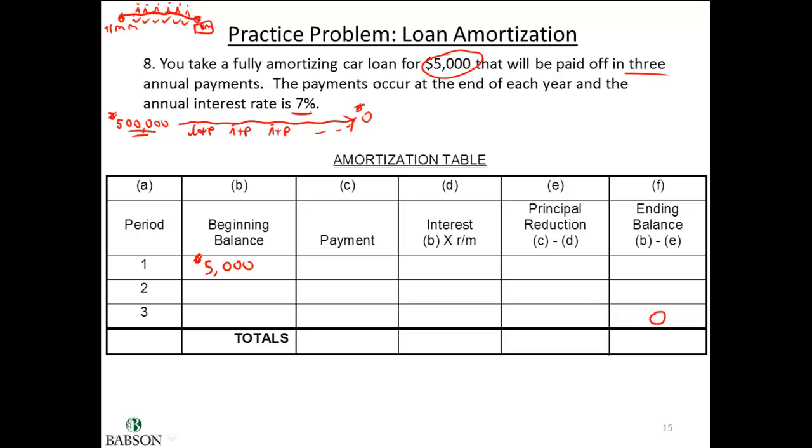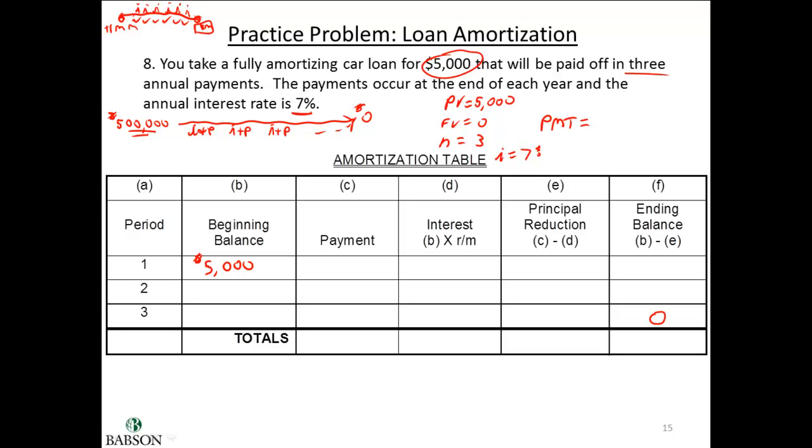Do things get paid off evenly? Well, not quite. We know that what's typical is that the payments are equivalent. We have an annuity. So, for example, let's figure out what the payments are. We have a loan today of $5,000. We know that that loan is going to be paid off, future value of 0. We know that we're making 3 identical payments, and we know that the interest rate is going to be 7%. When we compute the payment on that, we know that we're going to be making 3 equal payments of, well, let's see,